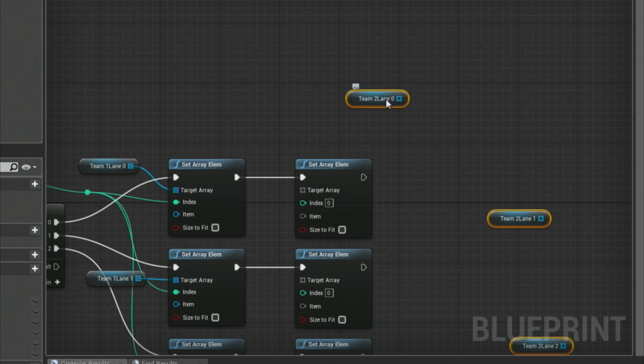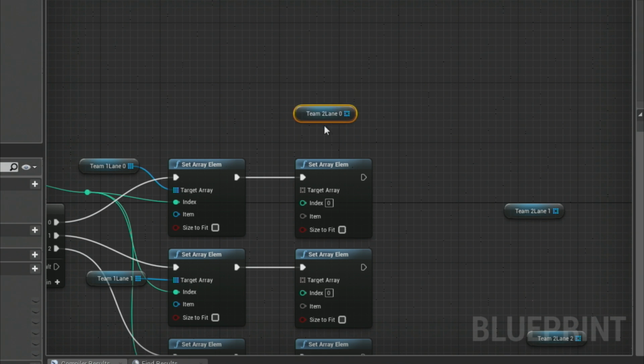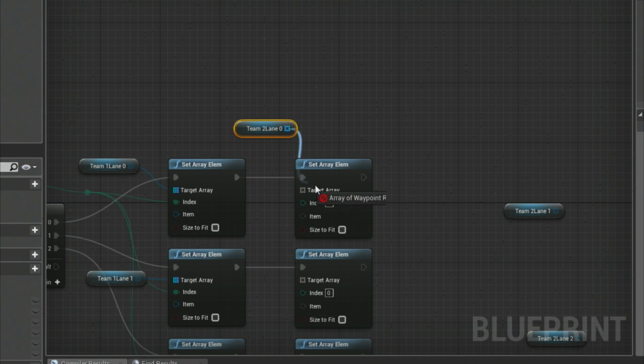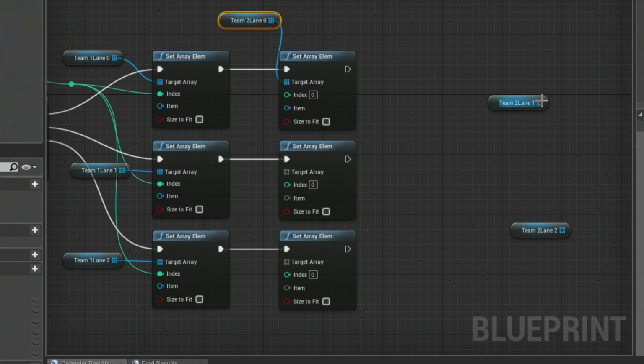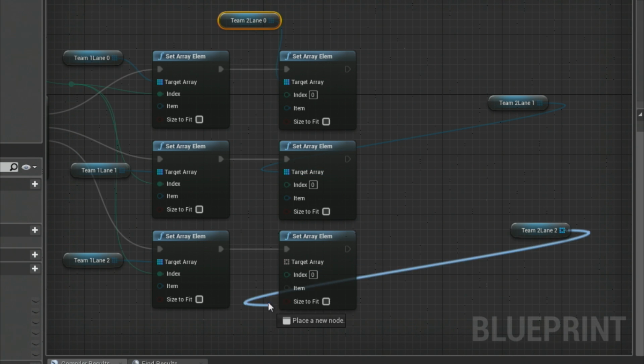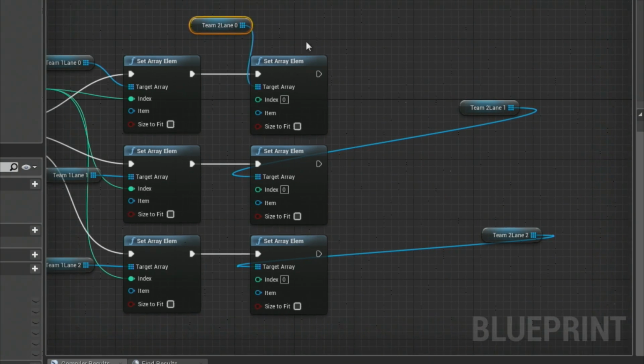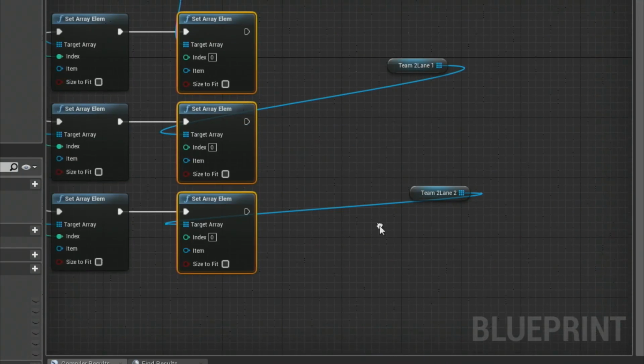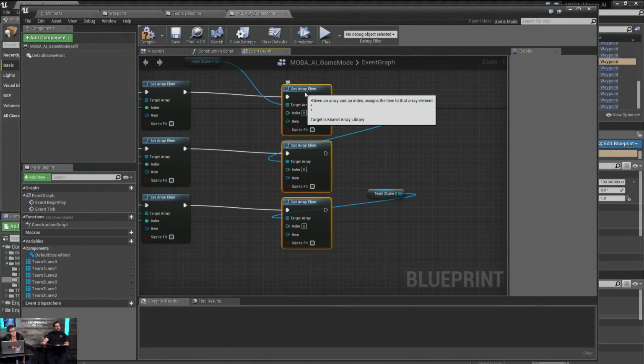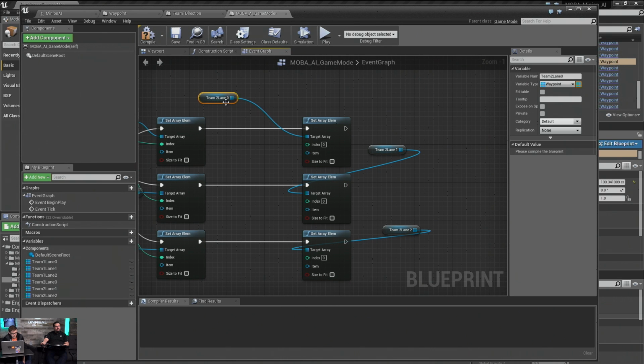Problem is we don't actually know what our highest waypoint number is. So that becomes a bit of an issue. We can make some assumptions, but that'll probably break. And really, it would have to be on a per lane basis.